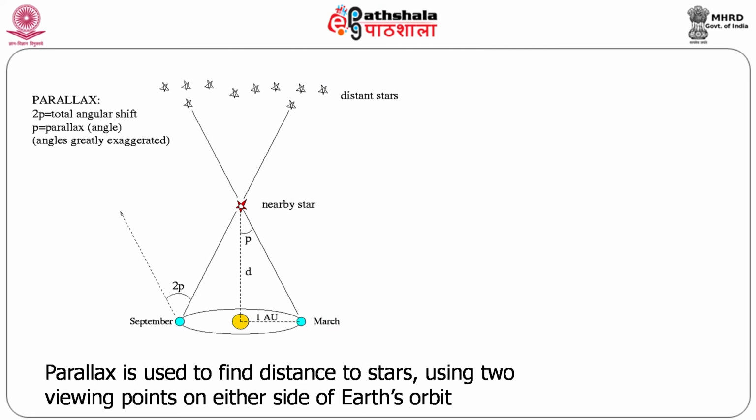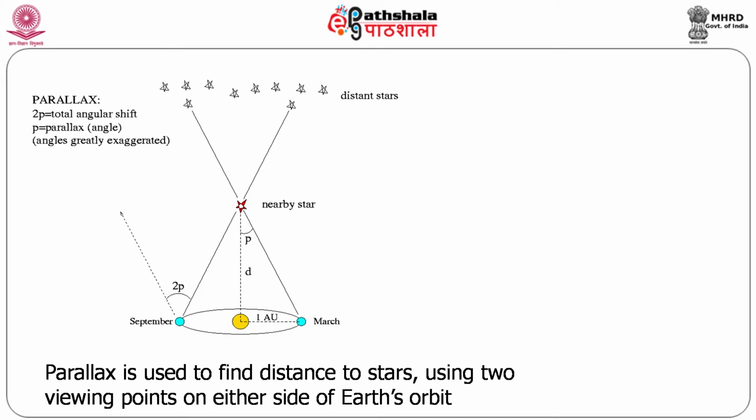How we normally use it in finding the distance is using the parallax error. For example, the distance between 2 stars, the nearby star and the farther away star. It is all self-explanatory here, and once you get the parallax value, you will be in a position to find out the distance. This is what I told you, between March and September, 2 different periods, looking at the same object from 2 different positions, something like looking at this star during March and September. Obviously, Earth would have rotated and also revolved, and you will find.